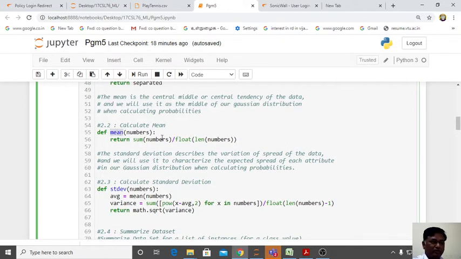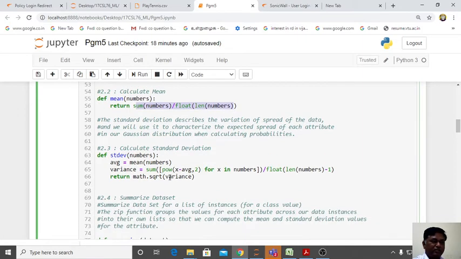So you know the mean formula. So this is your mean. And you know the standard deviation formula. This is the summation of (x minus mean) square divided by n minus 1. That formula you know, that 1 by root of 2 sigma, that square root is given here.